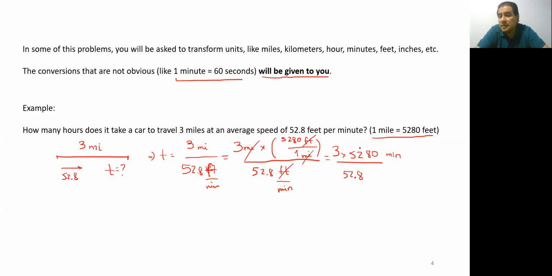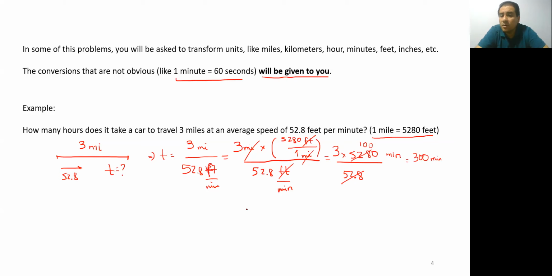So we simplify this, okay? If I divide by 52.8, I just get 100, right? And here, we just cancel this. So in the end is 300